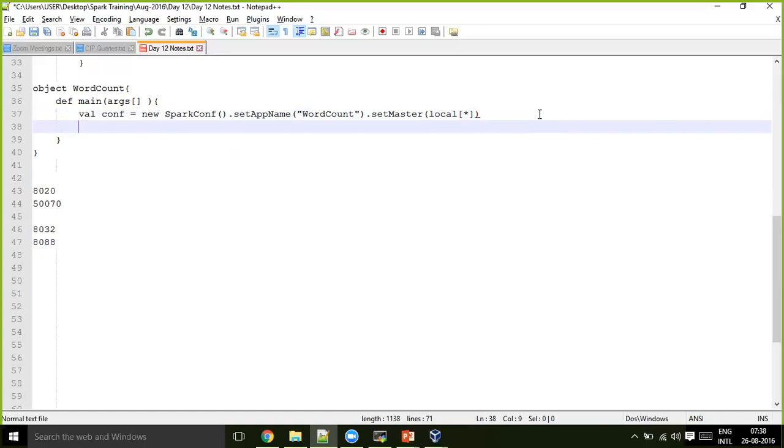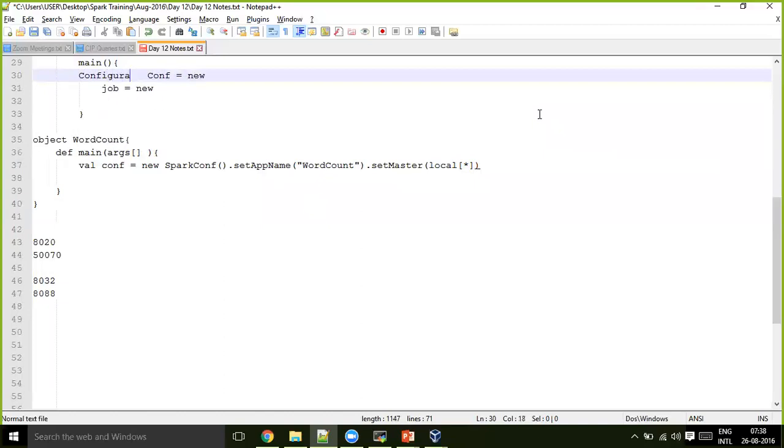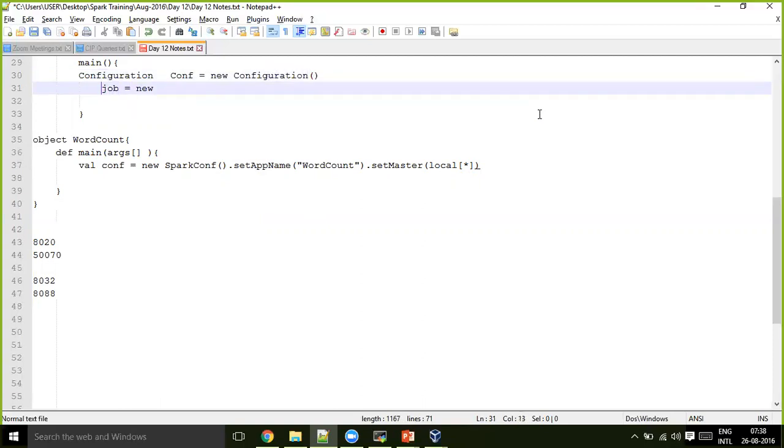Once you have the conf object created, you have to create a SparkContext. Like in MapReduce, we had a job with a new configuration. If you still remember, new Configuration. That is what we were doing: job equal to Job.getInstance of conf comma your job name that we were giving.